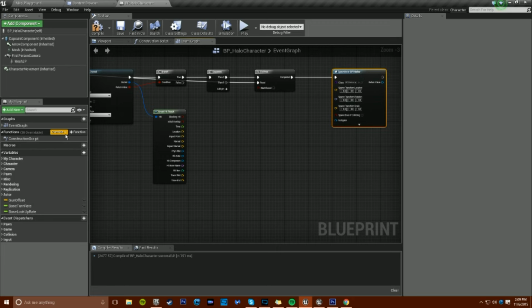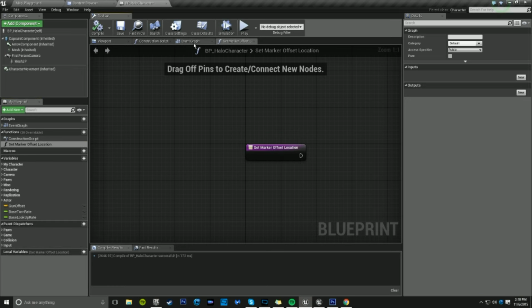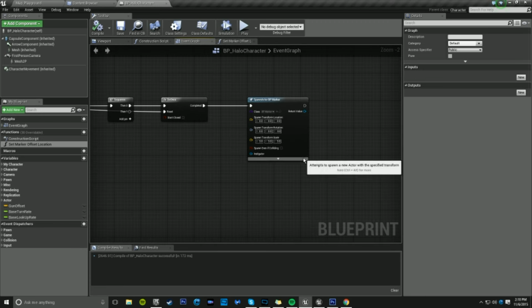So we're going to add a new function. I'm going to call this set marker offset location. And I'm going to tell you why we're going to create this function right now. Because right now what will happen is, well, before I explain that, I'll set it up so we can have the actual actor spawn and set